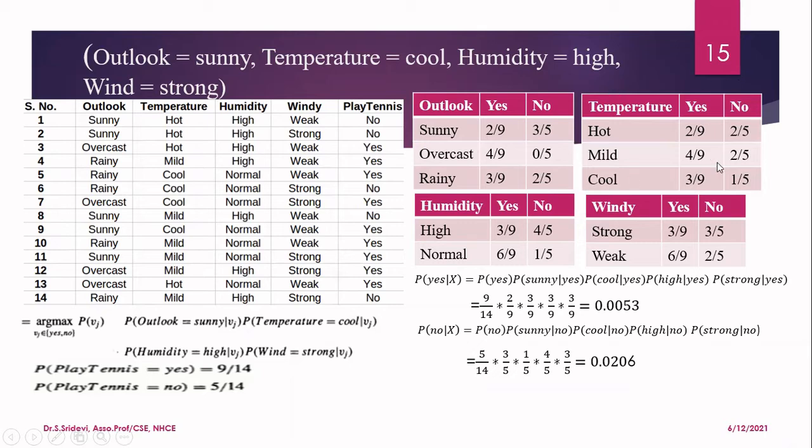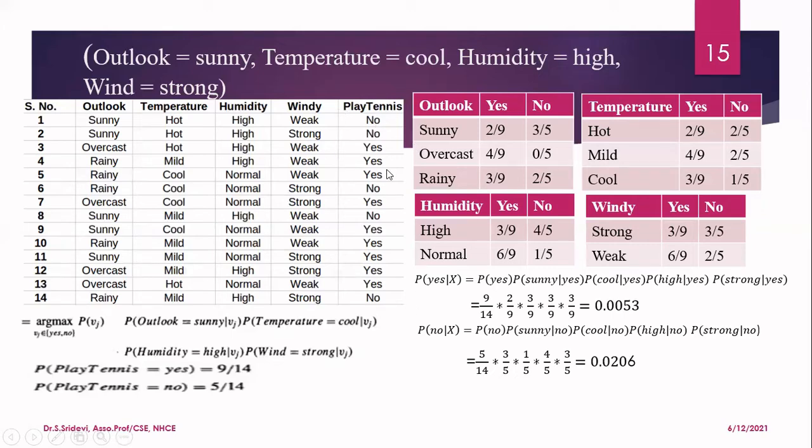You know how to calculate this, that's why I'm not repeating it again. Similarly, you find out for the remaining two attributes, humidity and windy. So all things are over. Always remember, wherever you have the yes column, you have to divide that by 9, and wherever you have the no column, divide that by 5. That we have predicted only from this play tennis column.